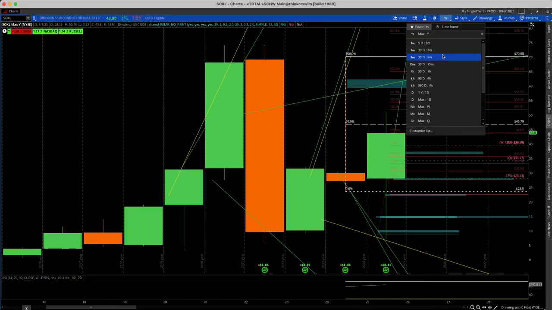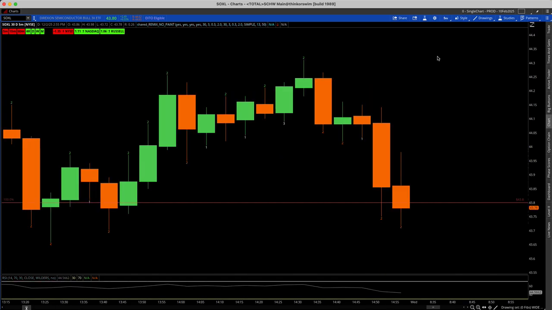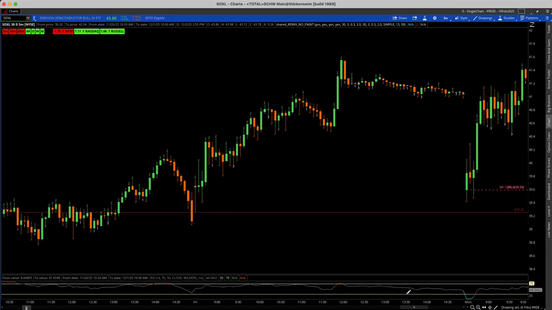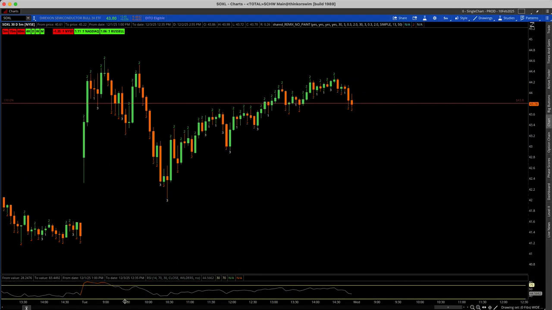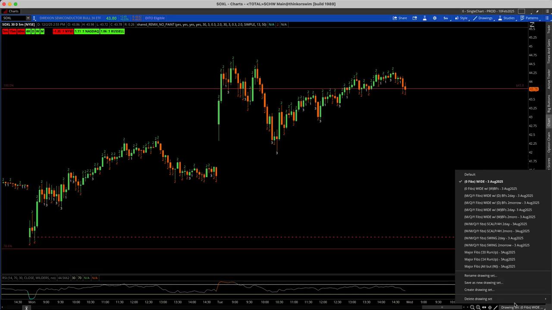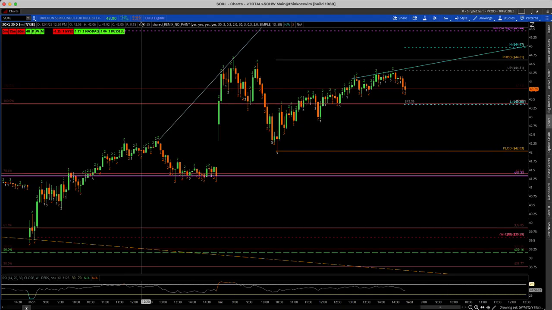So from a high time frame perspective, everything's still looking good. Even from a short time frame perspective, I can't really say too much negative, right? The only thing I can say is from the short term perspective, we've been on a nice little push here, so it wouldn't be too much to expect some type of pullback. But again, when I talk about the overnight price, we're up again almost $1 with